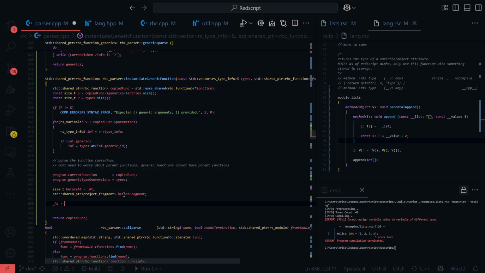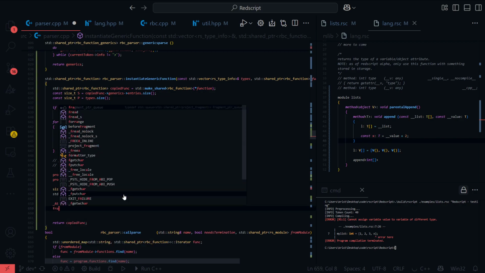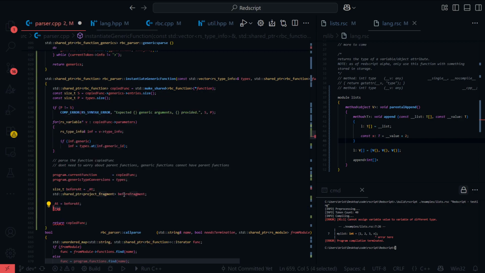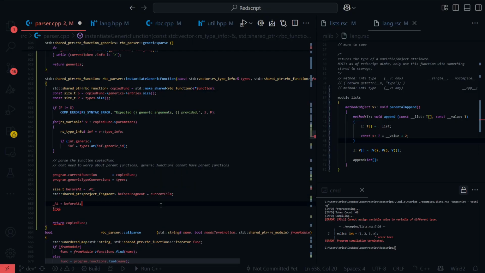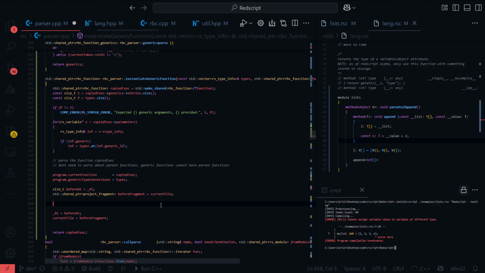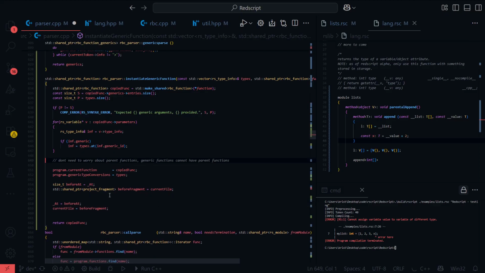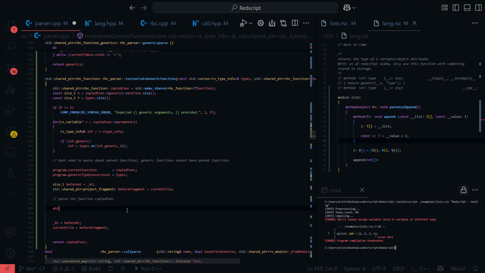So we'll say at is equal to before at, and before fragment is equal to current file. And we can just say current file is equal to before fragment. So in between here, we need to parse the copied function. All we do is do while